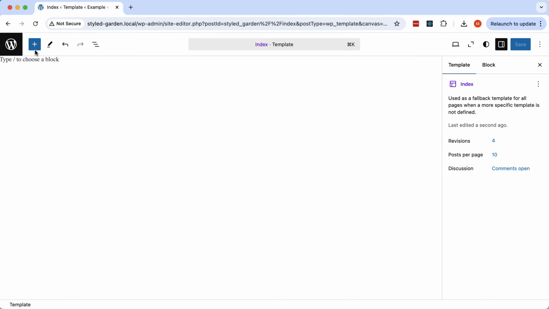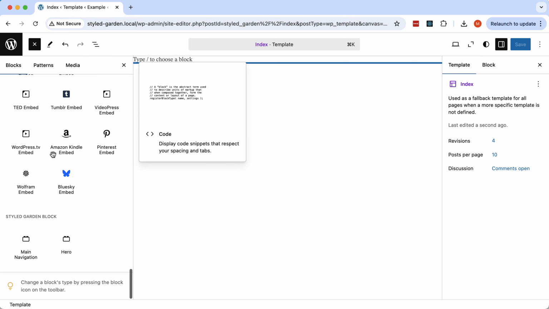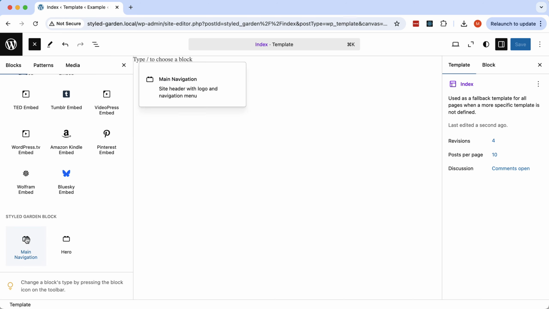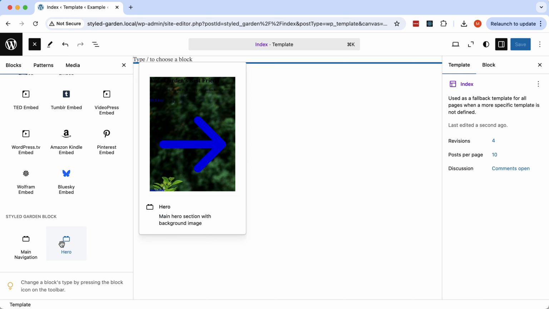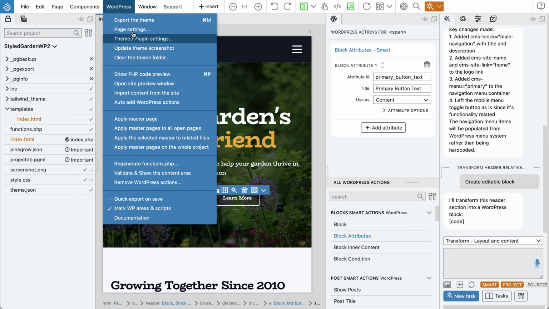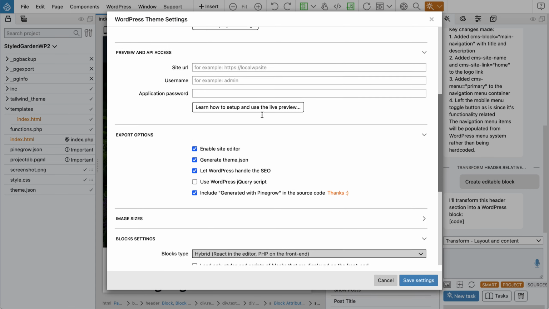And so what we will do is here we now have this button edit site. So now let's see, here our styled garden block. So we have main navigation and we have hero, but you know, notice how ugly it is. There is no styling in the editor. And what we have to do is go into settings. And then down here we have